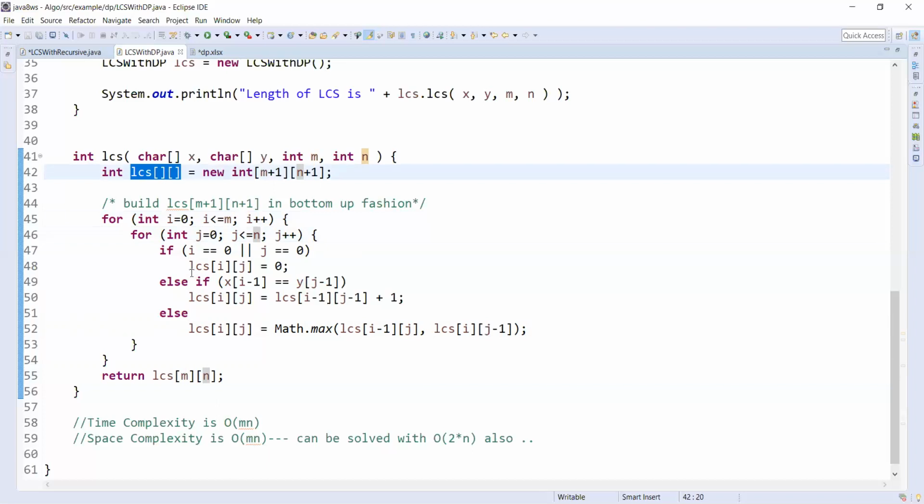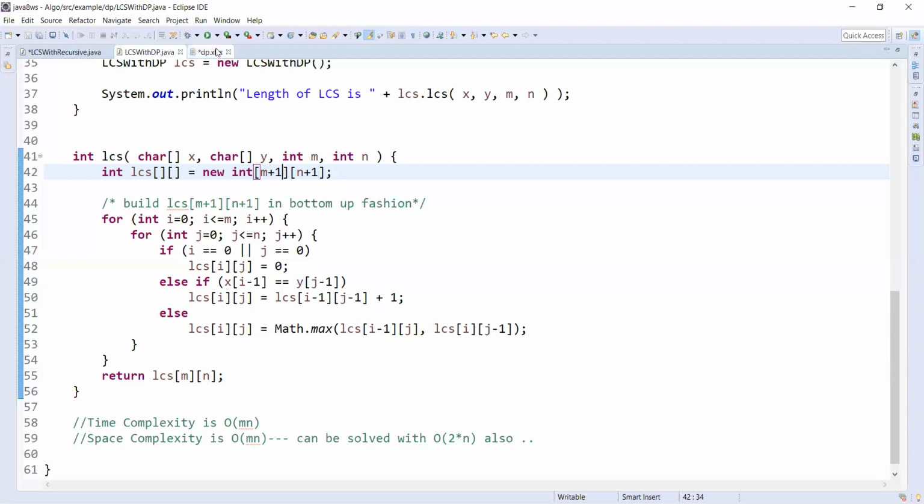We can even try reducing the space complexity to order of 2n. We can define a smaller structure and reuse already saved positions, that is, positions that will not be needed in the future, by refilling them to optimize the space.